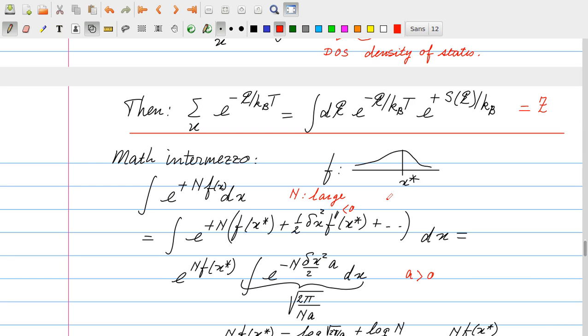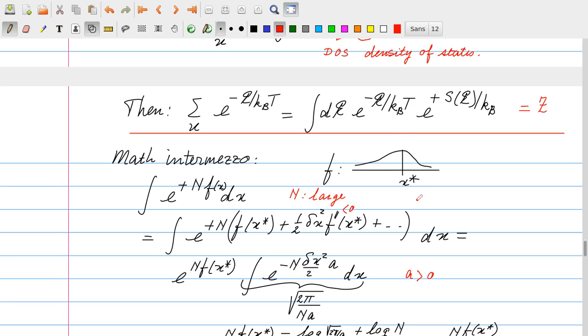And n is a large number. Now we expect the integral to be dominated by the maximum, so we expand f in a Taylor expansion around x star. So we first get the value of f at x star. We would get normally a first order Taylor expansion term, but that vanishes because the derivative of